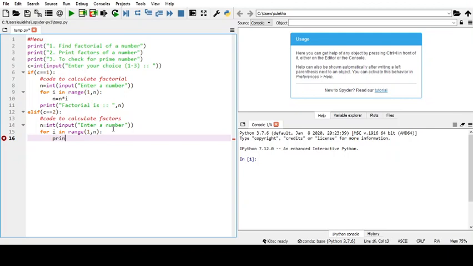So print. First we need to check whether n is divisible by i or not.